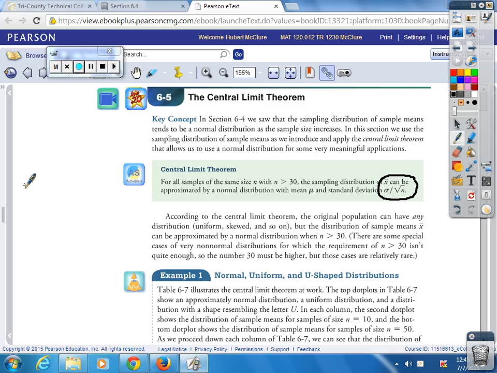So in other words, your z-score in 6.2 and 6.3, if you have to use your z-score in 6.2, is equal to x minus x bar over standard deviation. Everybody with me? Okay, now the difference is in 6.5, you're going to be saying, okay,